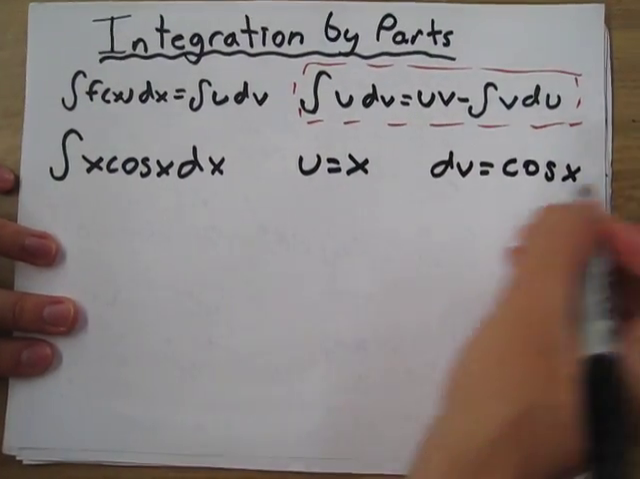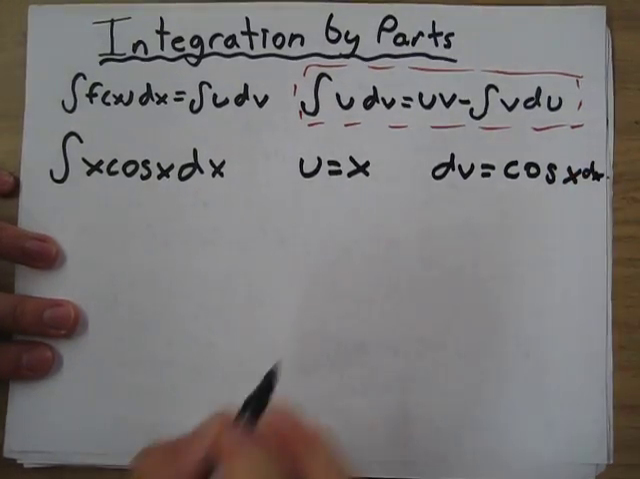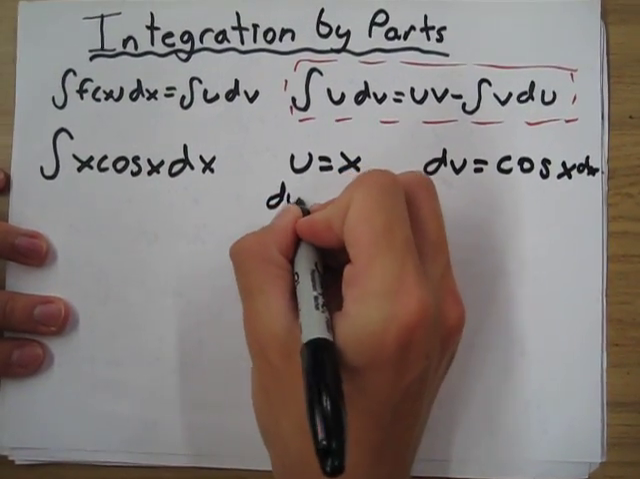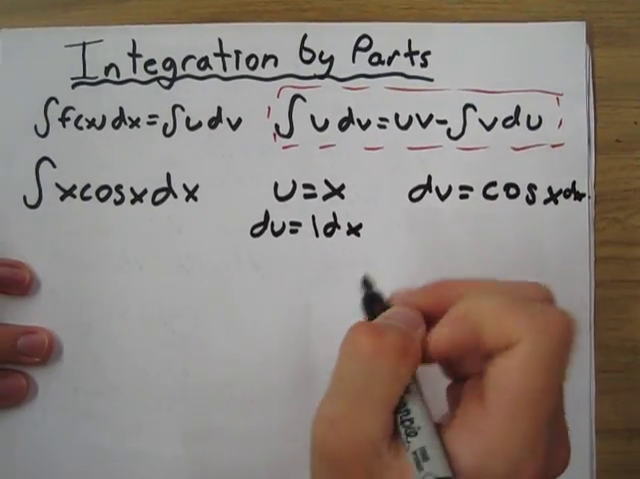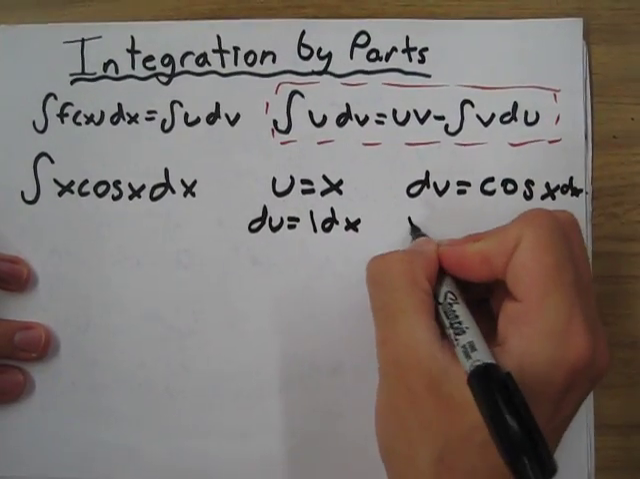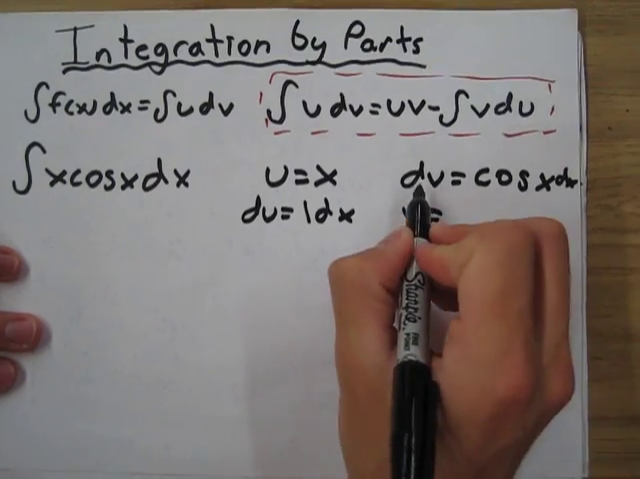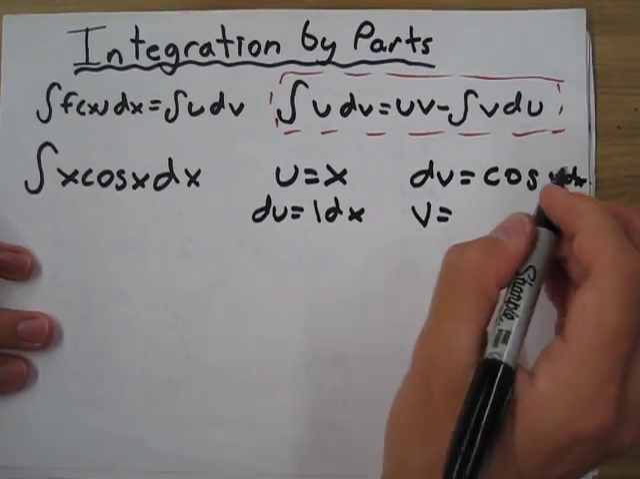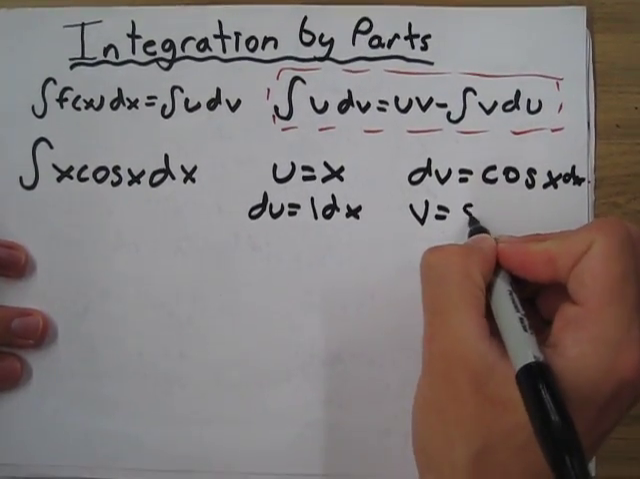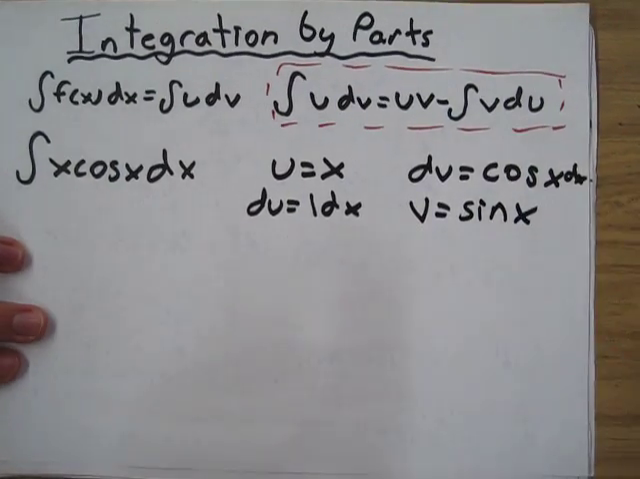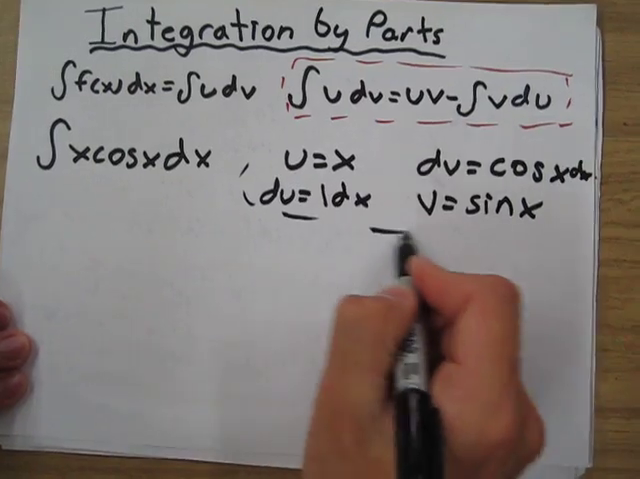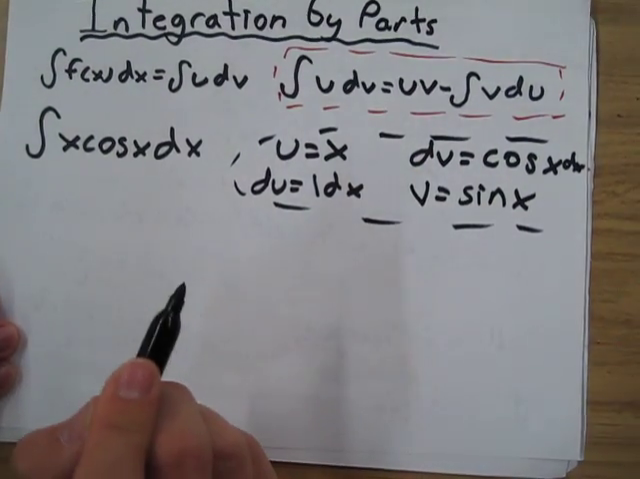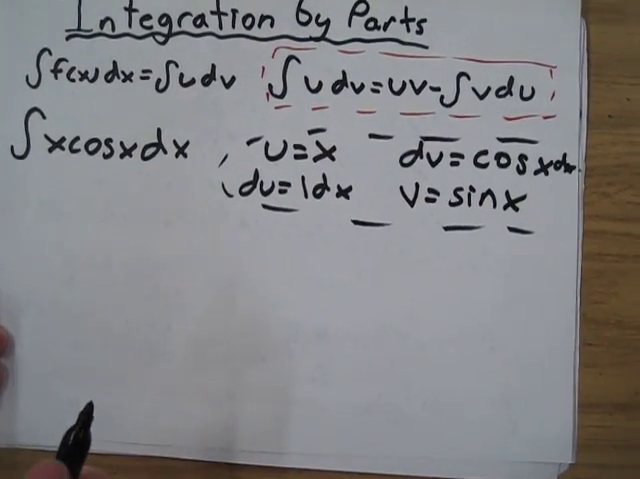dx. And in order to find my du, I'm going to take the derivative of x and be left with 1 dx. In order to find my v value, I'm going to do the integral of the dv. So the integral of cosine x dx is sine x. Okay, so now I have all my parts right here,